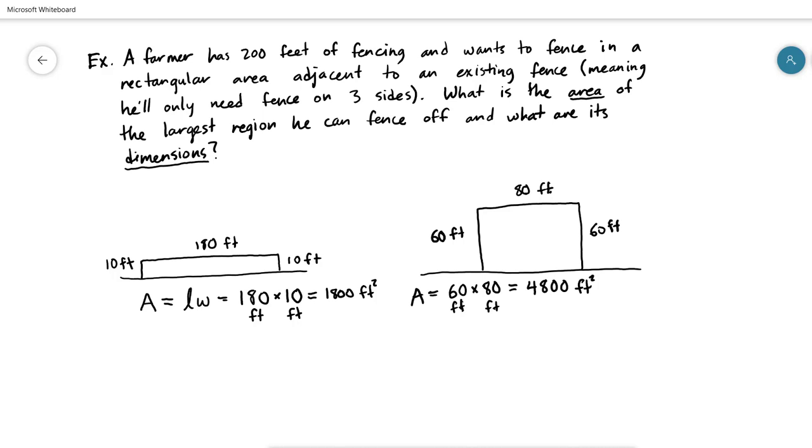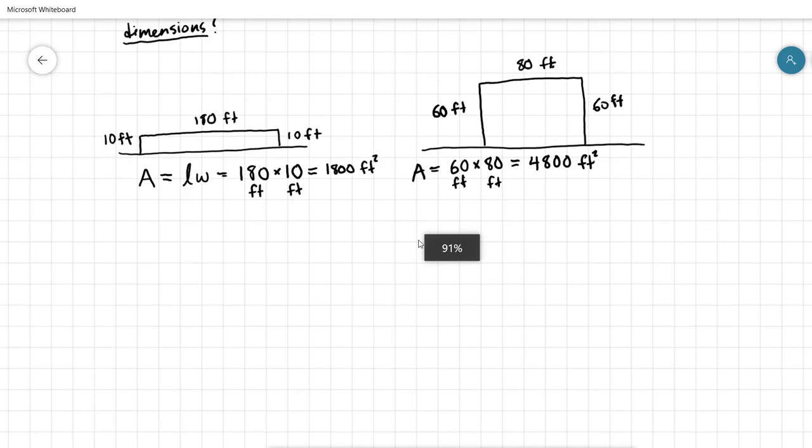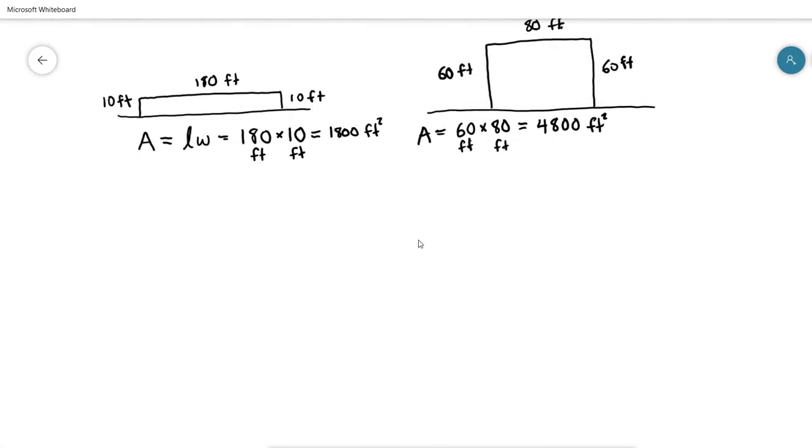So these are the types of situations we're looking at, and we can see that clearly certain dimensions are going to give much larger areas than other sets of dimensions will give. So our goal is to find the best case scenario. At this point, let's see if we can set up some equations. We just said that the area of this thing is length times width, and we are interested in maximizing the area. So we want to maximize the area. And the area is equal to length times width, where for our generic drawing,